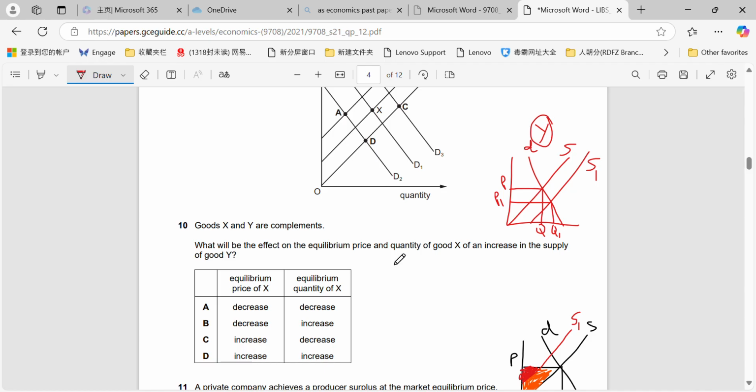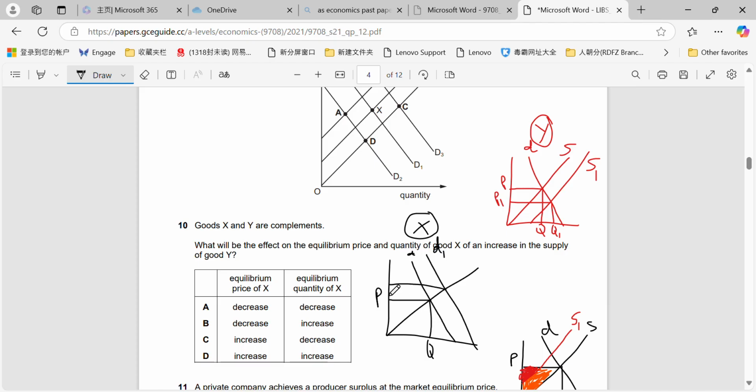Okay, now what would be the effect on X? So if they're complements, the increase in the supply here would extend the demand, right? Now if they're complements, they're consumed together. So that means for good X, we would expect to see good X having an increase in demand because of the extension in demand that has happened in good Y. And therefore we can see in the diagram what would happen: because of the increase in demand, we'd expect the price of good X to rise and the quantity traded of good X also to rise, moving to the right here.